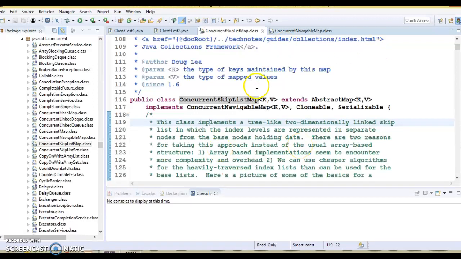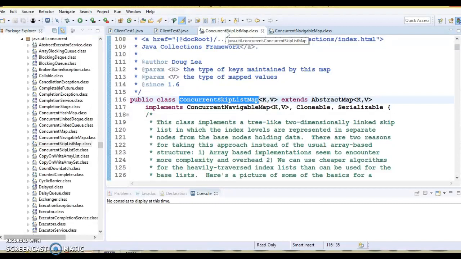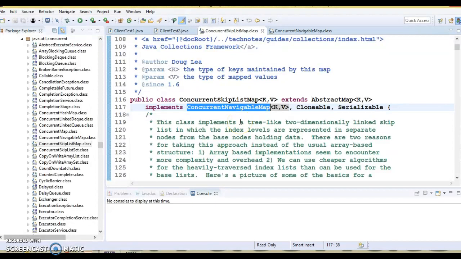In this video tutorial, we are going to talk about the ConcurrentSkipListMap, which belongs to the java.util.concurrent package, and this was one of the additions in JDK 1.6. ConcurrentSkipListMap is a scalable concurrent map which implements the ConcurrentNavigableMap interface. ConcurrentSkipListMap and the similar set implementation, ConcurrentSkipListSet, were added